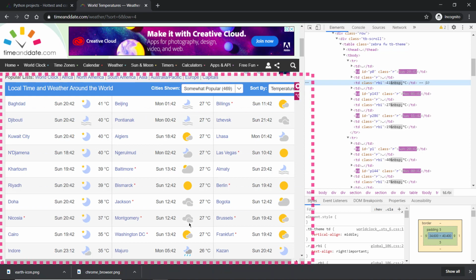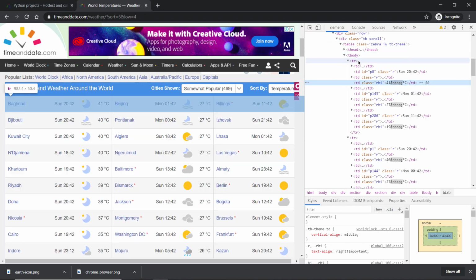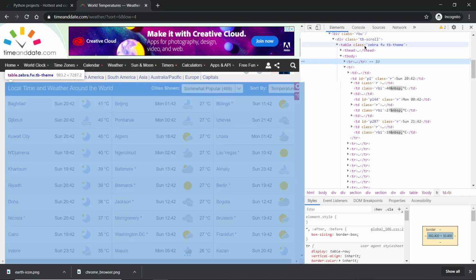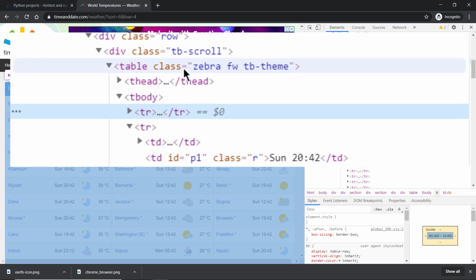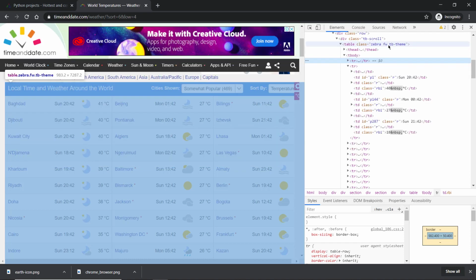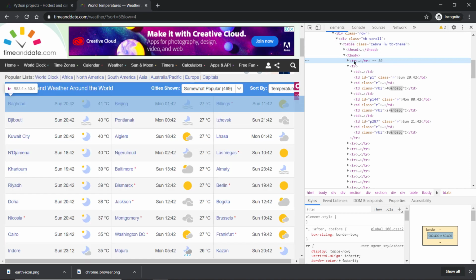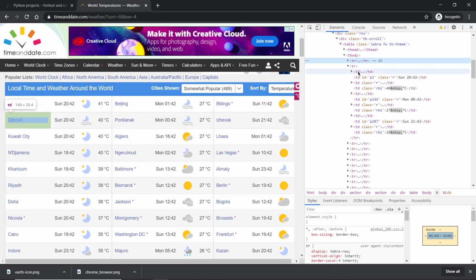So I need to read this complete table, and in order to read it I need to find the table name. As you can see here, this zebra FWTB dash theme is the table name, and I need to read the table row and the table data.